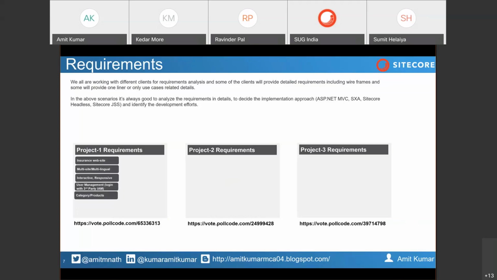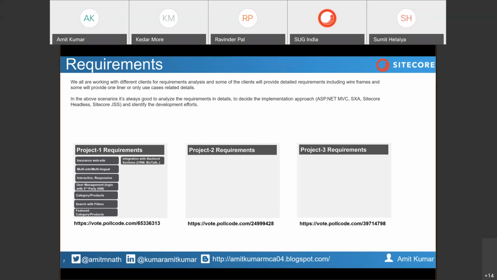There will be a list of categories and products in any insurance portal. You will have health insurance, life insurance, like that. So it will have category listing and product listing, and it should have a search with filters and facets so that the end user can identify a particular type of insurance product very easily. There also needs to be a featured category or product.